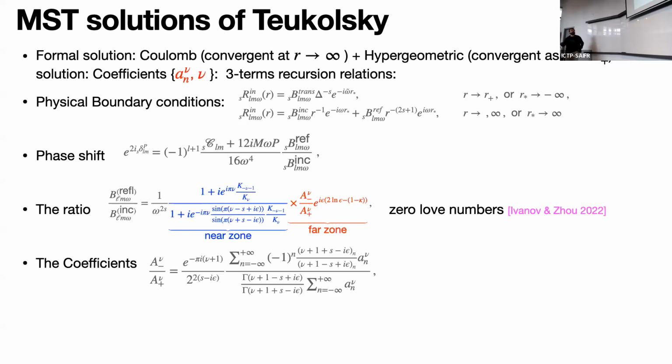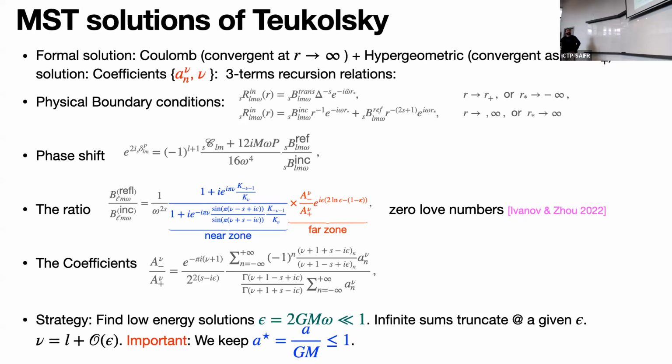Of course, this is not simple to do, because in general this ratio of coefficients is a function of some gamma functions in there. But what I want to stress is that it's also a function of this a_n coefficient that you have to solve with some recursion relation. So these are infinite sums, very difficult to do. People haven't found ways of doing them. But fortunately, if you do a low energy expansion of your coefficient, then you find out that this sum actually truncates.